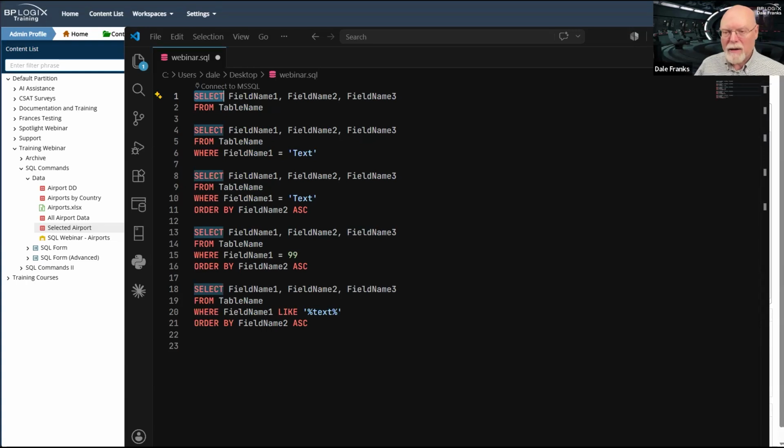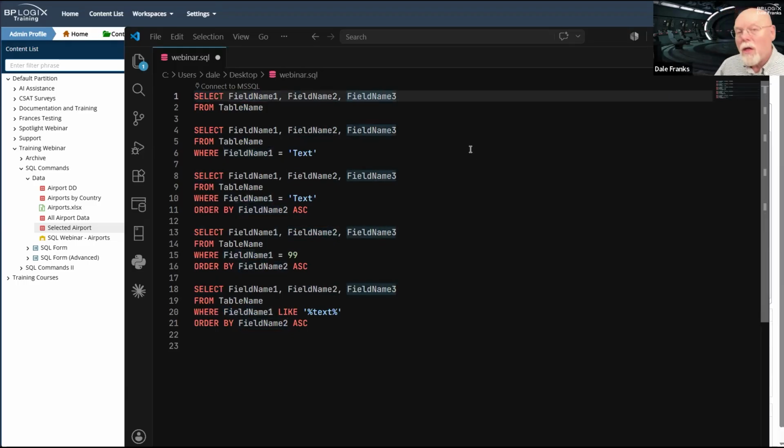That command says, I want you to go into this table and I want you to grab or select the following stuff. And select is always followed by the names of the fields that I want to return. In this case, I have field name 1, field name 2, and field name 3. So it's just going to return those 3 fields. If I name the fields, it is only going to return the values for the fields that I named.